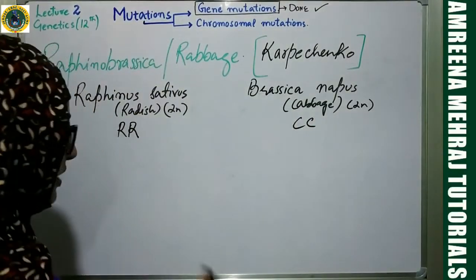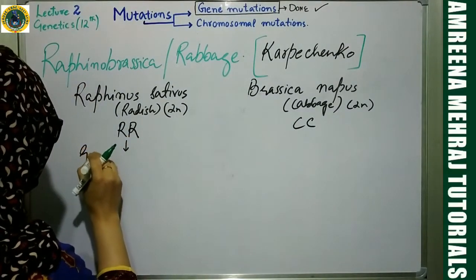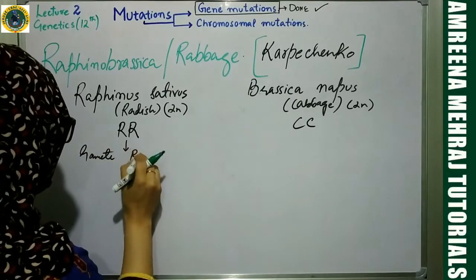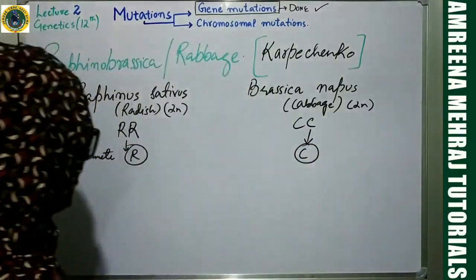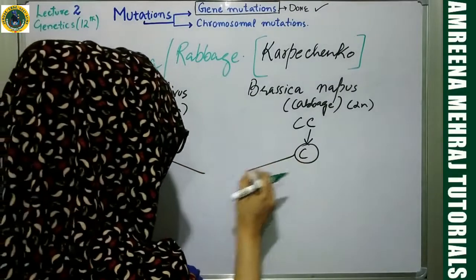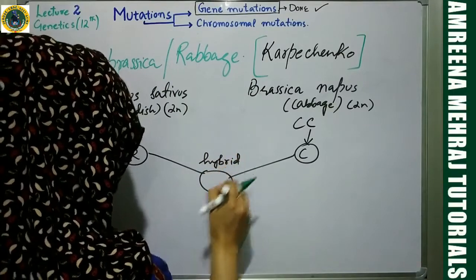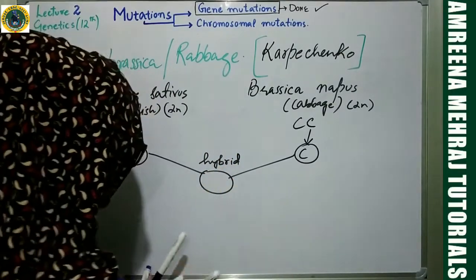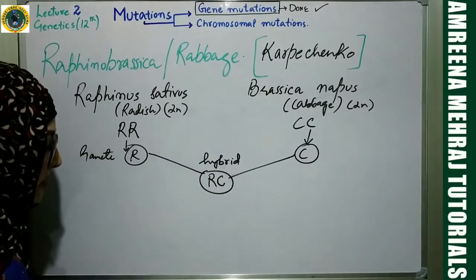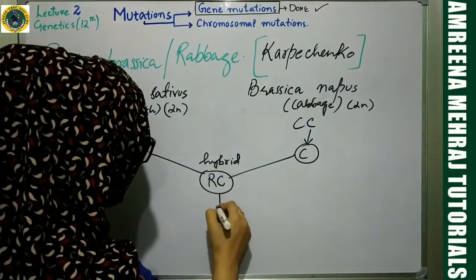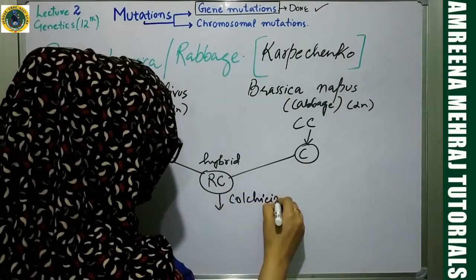Now let us do the experiment which was done by Karpchenko. Let's obtain the gamete over here. Gamete is R, only one type of gamete, and gamete is C. Okay. Now let us do the cross between these. Let us hybridize them. You will get a hybrid, which is having this combination of R and C. Okay. Now what Karpchenko did afterwards,